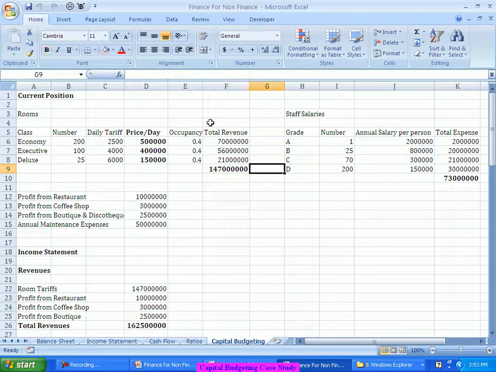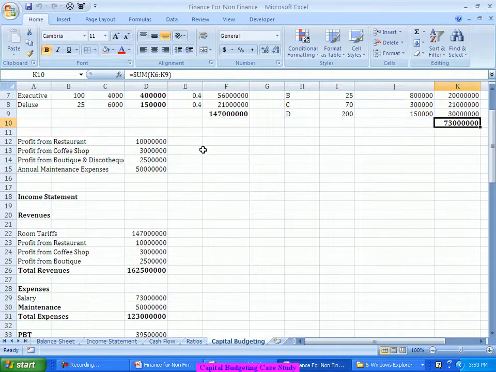The second table is on the salaries. Salaries to the current staff, which has worked out to 7.3 crores. The salaries to the current staff is working out to 7.3 crores, which he has given in the case directly. Now,